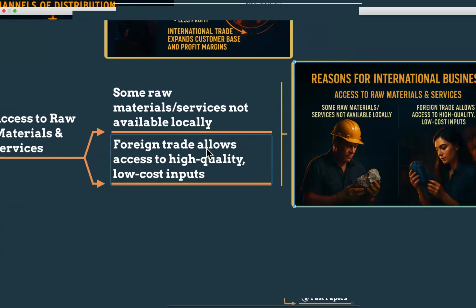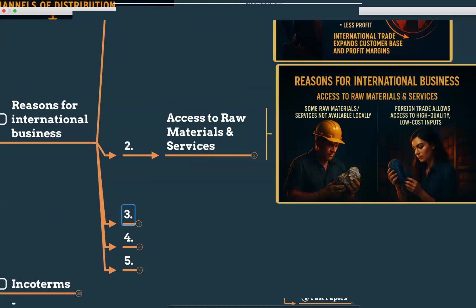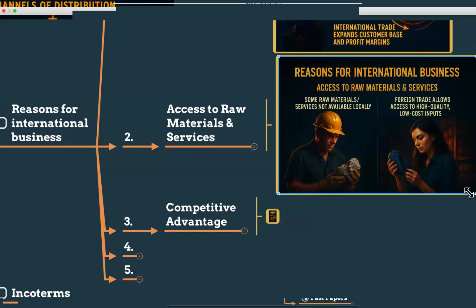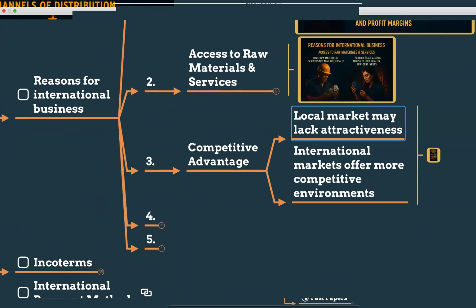right? So that is one of the reasons we have to do international trading, getting materials and services not available in our own country. So something definitely we simply cannot produce, like oil we import from the Middle East, we cannot produce because the raw material is not available. Crude oil is not available in Sri Lanka. Wheat we import from Australia, India, and we have limited technology, so we import the experience and expertise of people in other countries, right? So that's the thing. So for access to raw materials and services that are not available locally, we have to do international business. That's the reason.